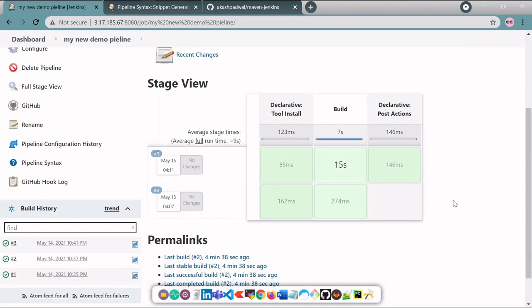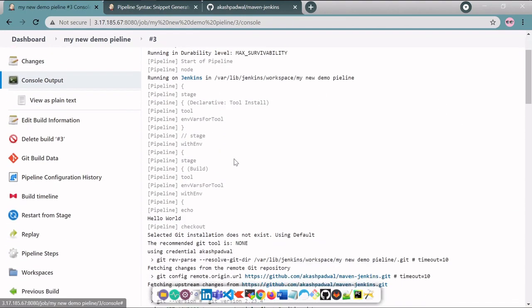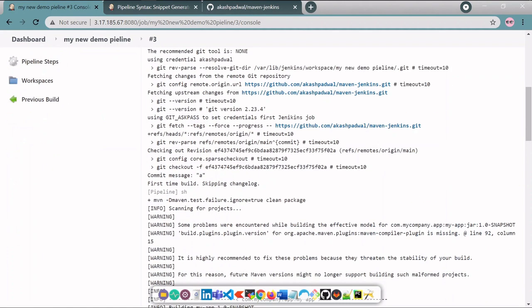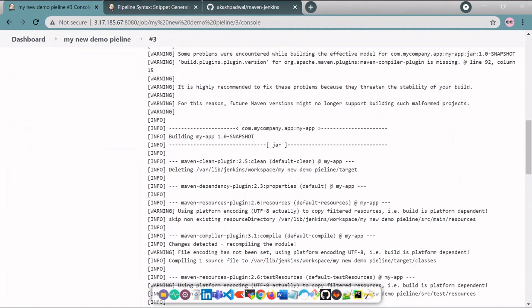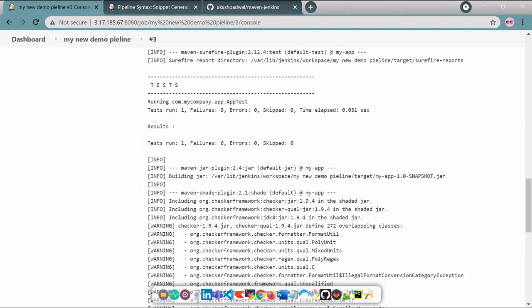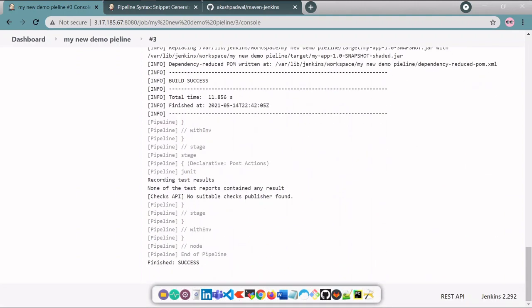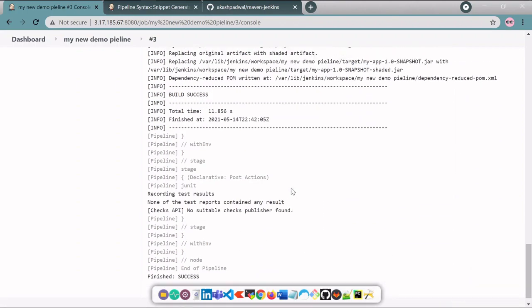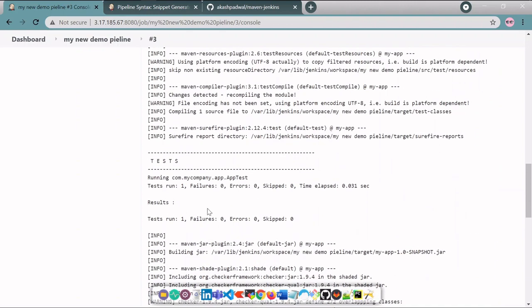We have successfully built Maven. Let's go to the console output. Here you can see the hello world message. It's building our snapshot jar file. Tests are also success. So yes, we have successfully built Maven. We have generated the test reports. You can see.